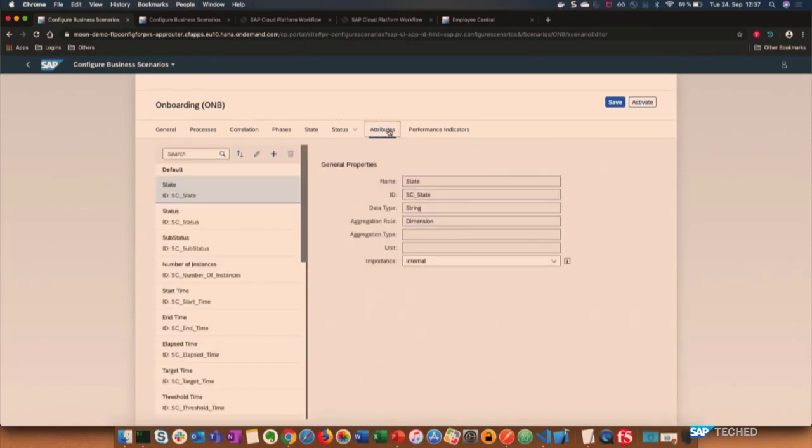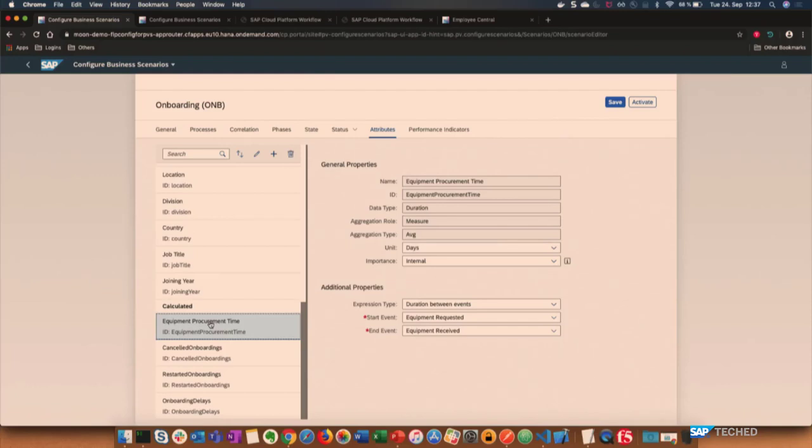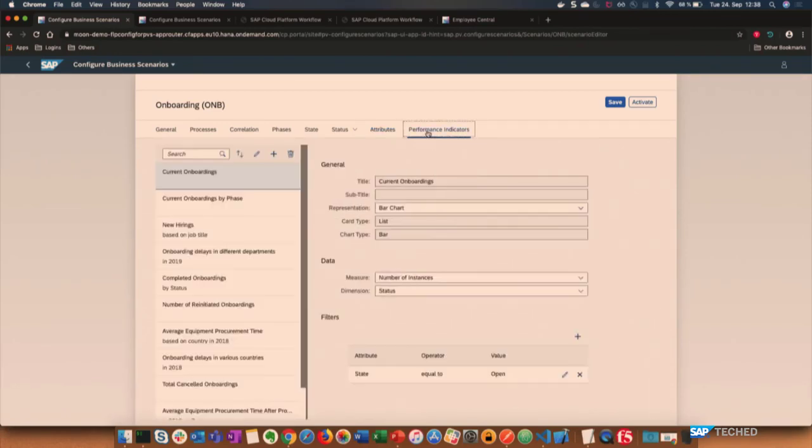And then as the last thing, you want to define your own measures and performance indicators. One thing that we'll be seeing shortly is equipment procurement time. So this is something I'm interested in. I want to know how long it takes for the equipment to be provided to my employees. And I can basically, again, use the events that are being captured in SAP Cloud Platform Process Visibility, and I can say that I want to measure the equipment procurement time starting with the event equipment requested and ending with equipment received. And on top of that, I want to basically do an average calculation,